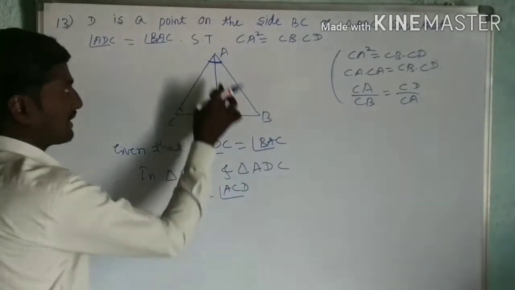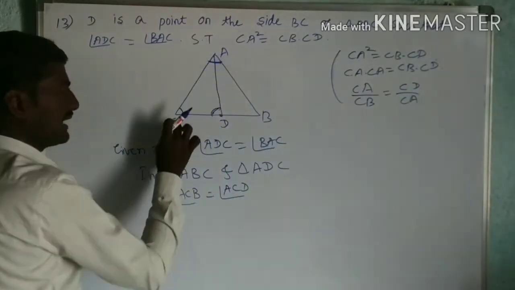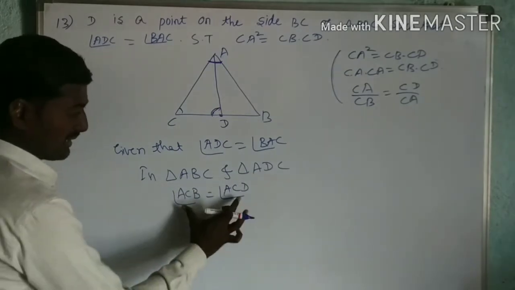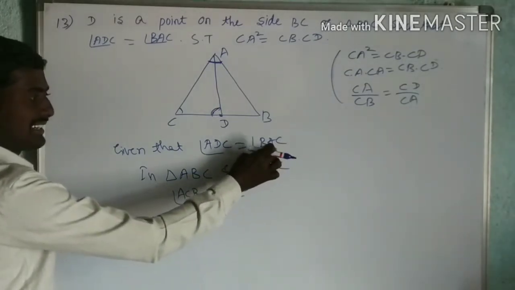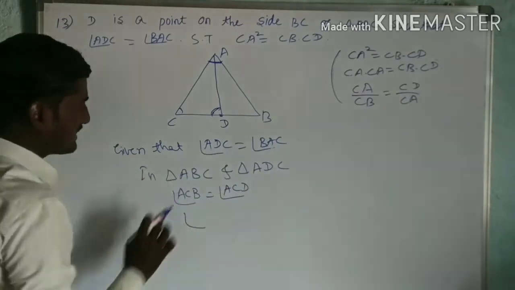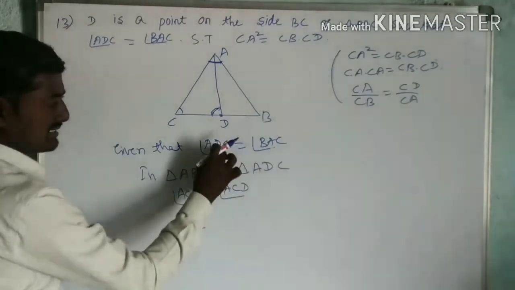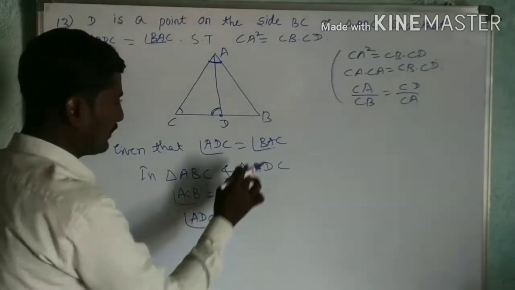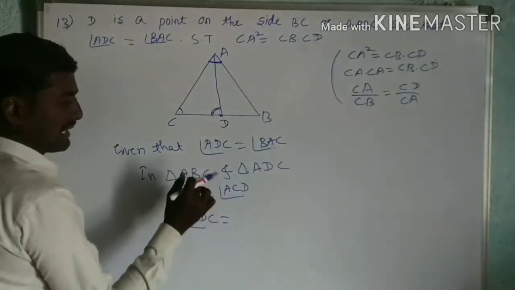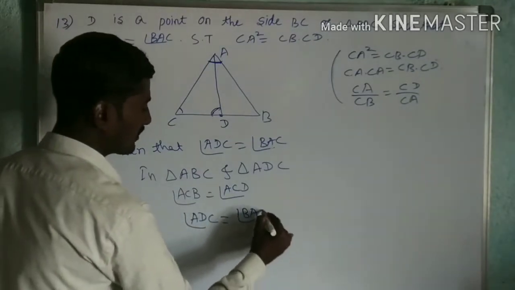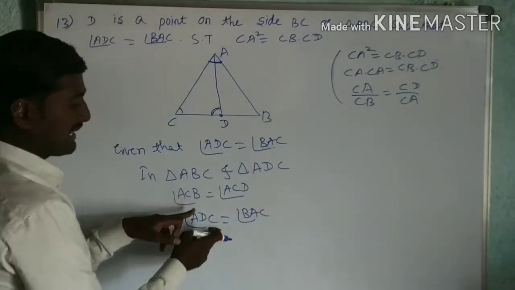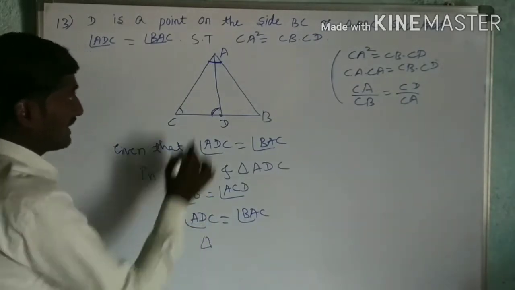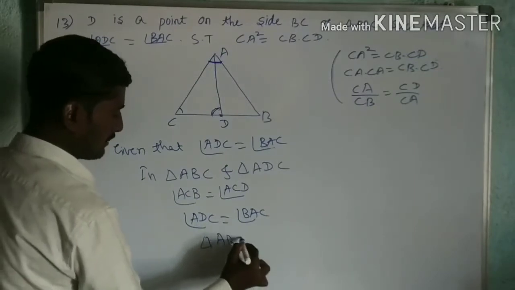These two angles are equal. One condition I got. Another condition I already wrote here: angle ADC is the angle of triangle ADC, and it is equal to BAC, which is the angle of triangle ABC. By using the AA similarity criterion, we can prove that triangle ABC is similar to